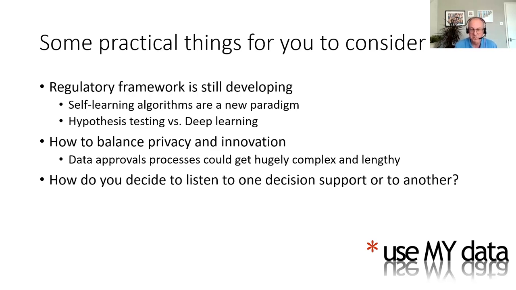There's a whole question about balancing privacy and innovation. We want our privacy to be maintained, but AI and machine learning rely on big data, and big data has very, very detailed information about us and about health conditions and about our life conditions. So to be truly innovative, you'd say you need more and more data, but the more data you give to somebody, the less privacy you retain. So that's a balance we're going to have to strike very carefully.